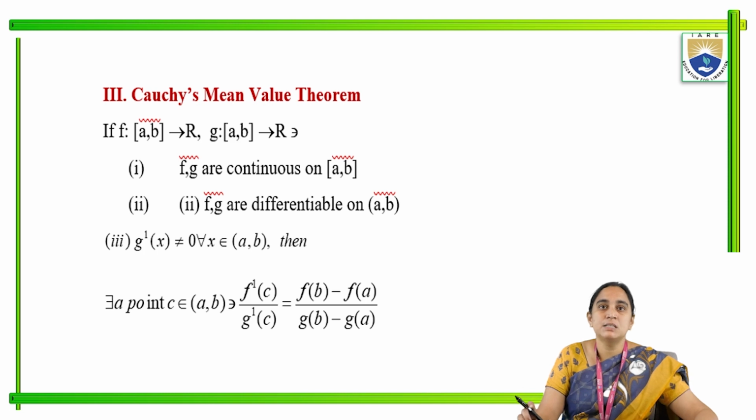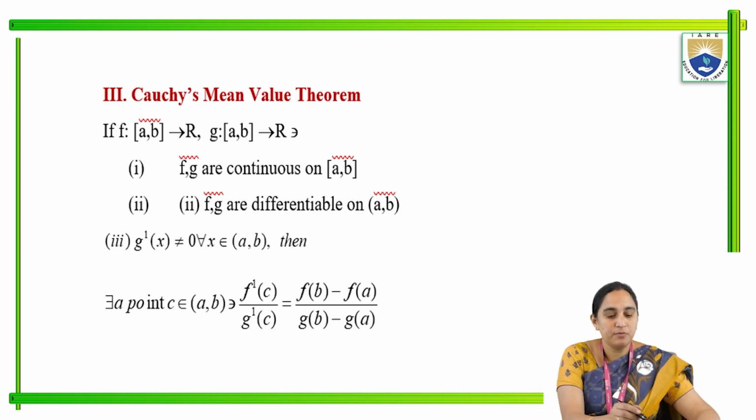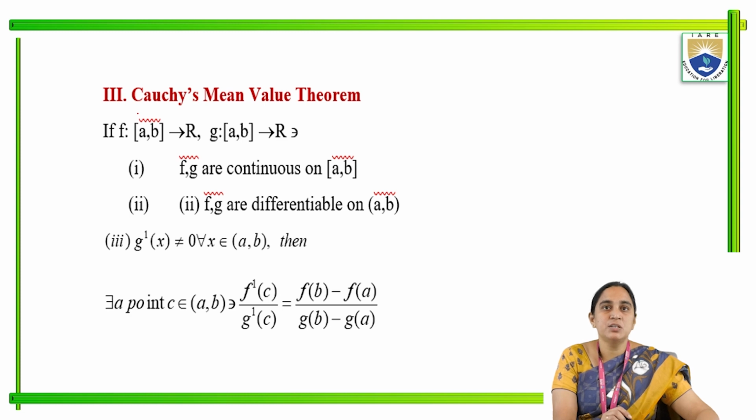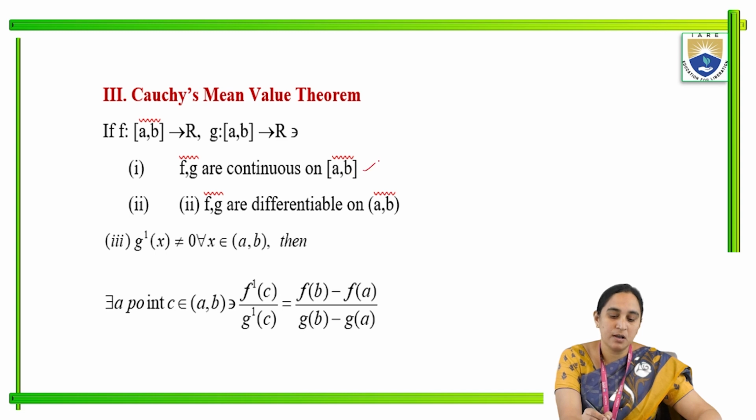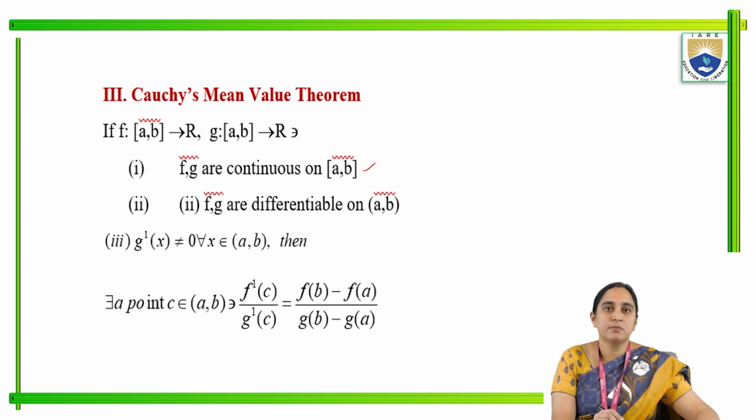Here we have to consider two functions, f maps [a, b] to R and g maps [a, b] to R. First, f and g are continuous on the closed interval [a, b], and second, f and g are differentiable on the open interval (a, b). We have to assume two functions to be continuous and differentiable, and the third condition is g dash of x not equal to 0 for all x belongs to (a, b),